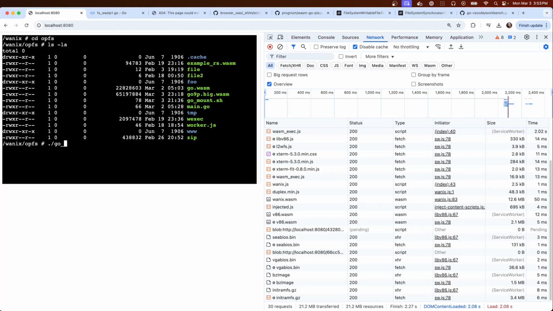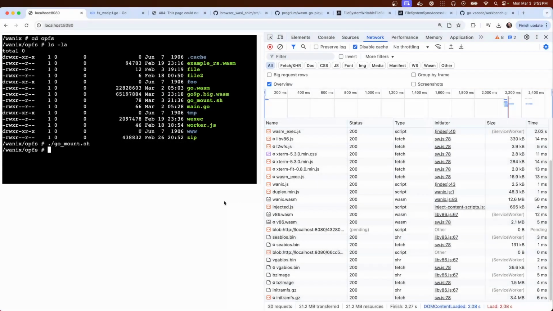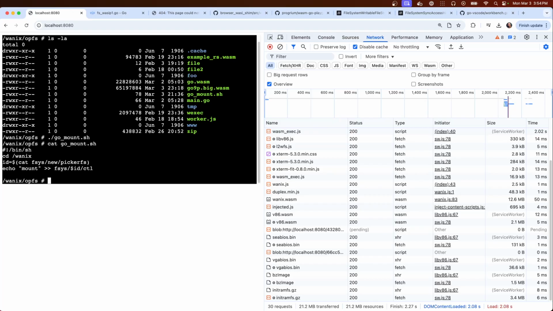All right, so I should be able to do this, and this will make the pop-up. Yes. Awesome. And the only thing that it didn't do was the bind.